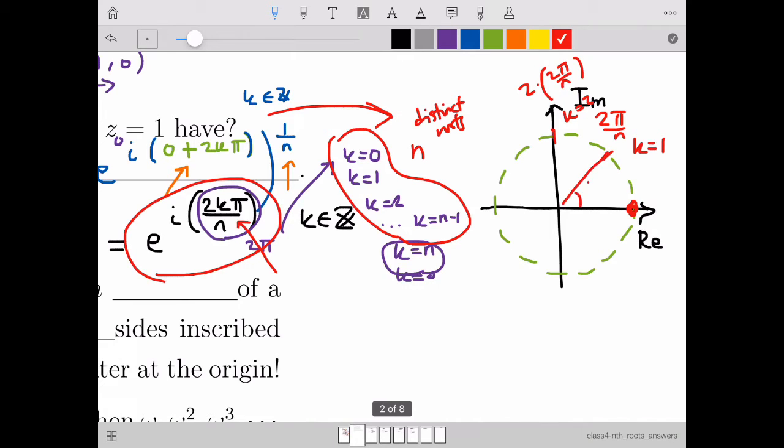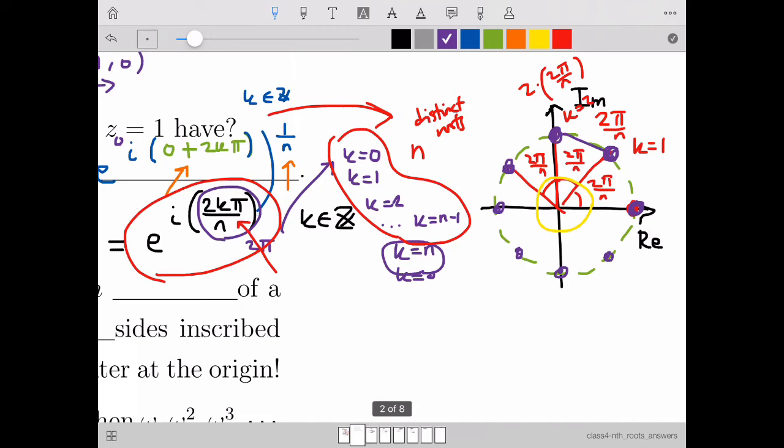So we are adding 2 pi over n, 2 pi over n, 2 pi over n. So we are dividing the whole angle 2 pi into n equal subsectors. So this is one root, and thus the second root, third root, fourth root, etc. So if I continue in this manner,